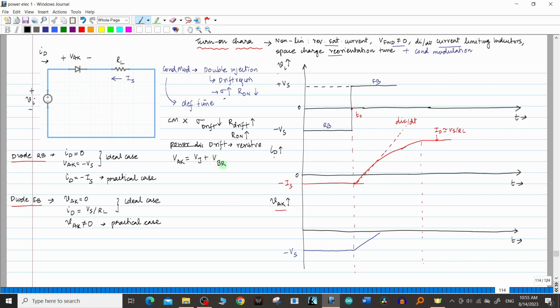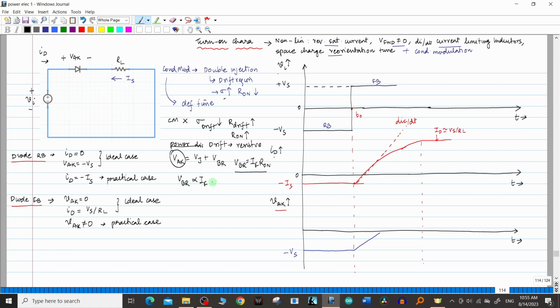Drift region, right? VAK is equal to VJ plus VBR, where I told you this VBR is equal to IF into R on. Initially this is purely resistive in nature. Therefore, VAK also is going to follow the same pattern. So when it is resistive in nature, you can see that VBR is